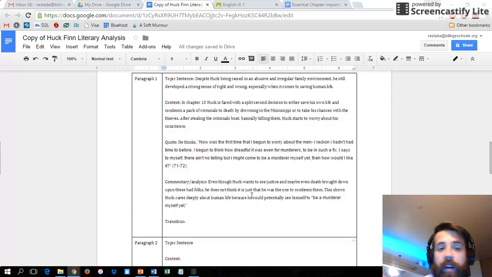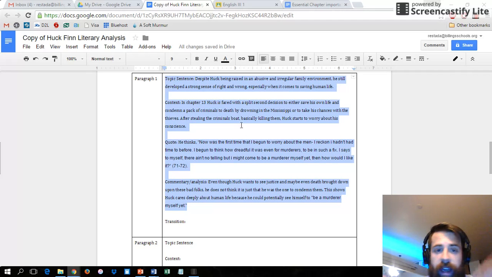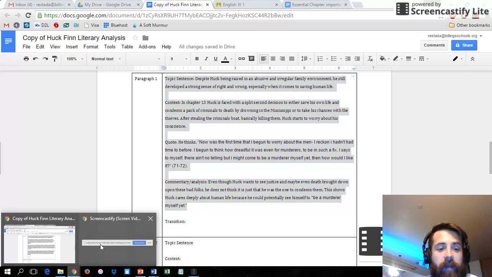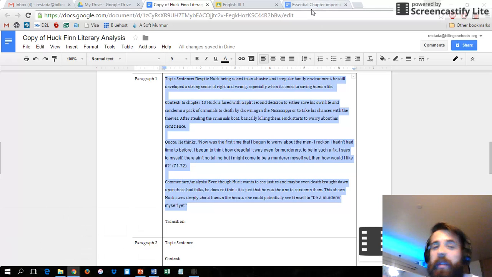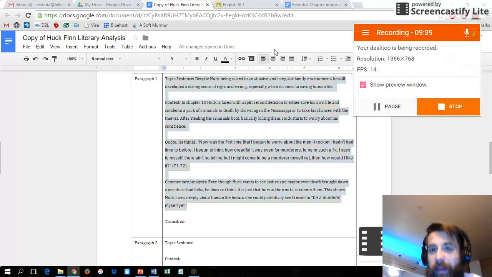So these aren't going to be perfect paragraphs yet, but they're going to be a way to get us started. We're going to have to add to this, but if you follow this outline and kind of do like I did, struggle a little bit, I have total faith that by the end of it, we're going to come up with great paragraph writing. I know that one was a little bit long, but it turns out the writing process is a little bit long.